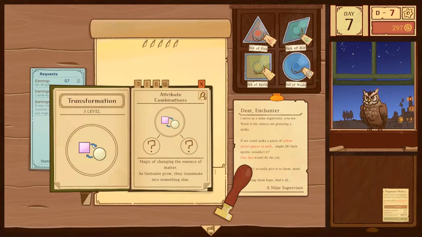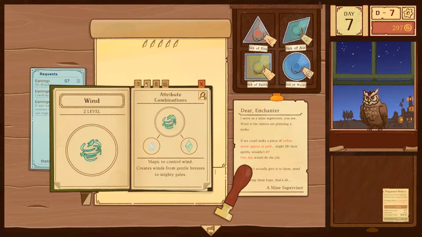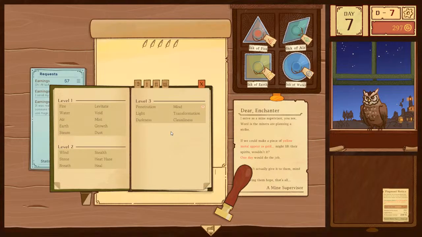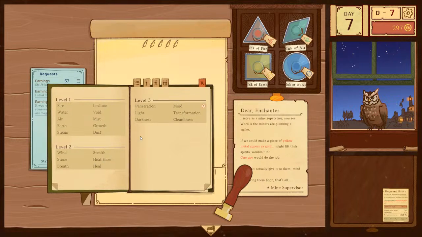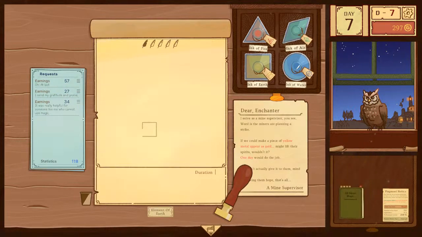This fact is in Enscroll, they transmit into something else. Definitely heat haze. Growth and heat haze. Both for change and heat haze for illusions.